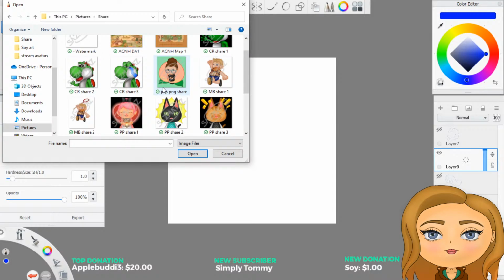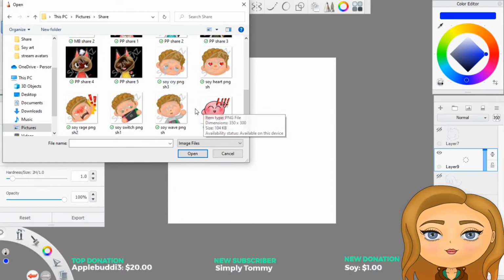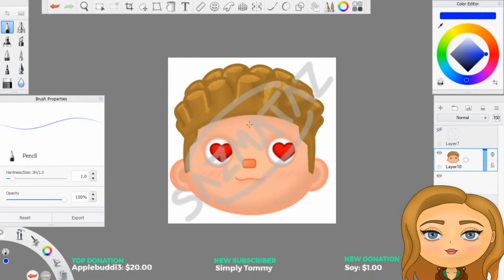I think taking from a Soy one would probably be best, because he is literally just a floating disembodied head. No, that's not what I was trying to do. Hi, Jelly. And just for a head shape, this will definitely do.